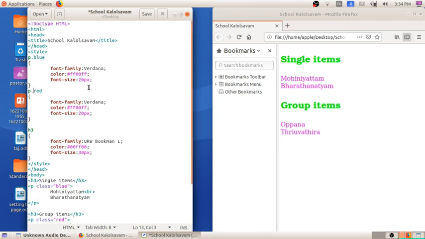Vardhana itself they have given the font family, but the color is changed.